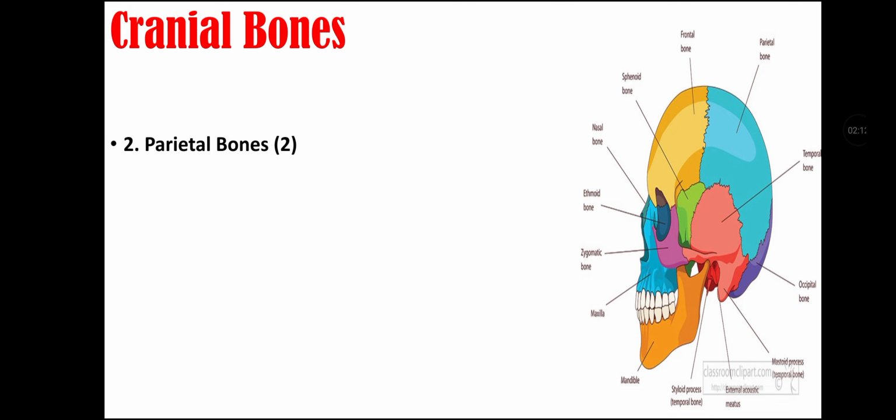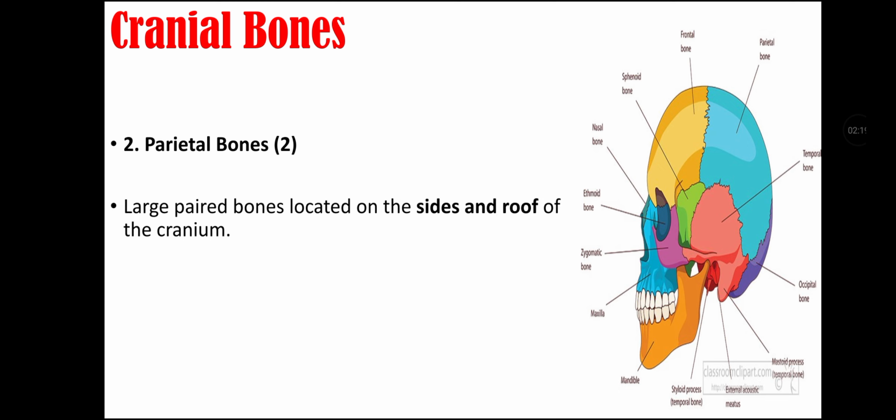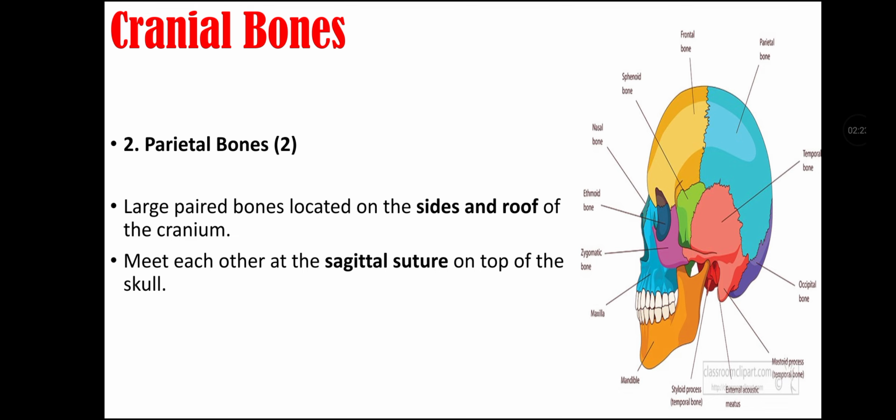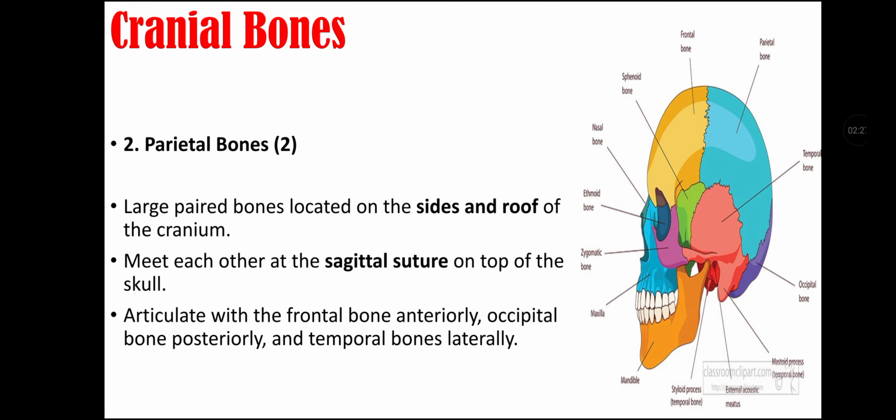Next cranial bone we have is parietal bone, that is pair bone. That means there are 2 parietal bones in every skull. They are long pair bones that are located on the sides and roof of the cranium. They meet each other at the sagittal suture on the top of the skull. They articulate with the frontal bone anteriorly, they articulate with the occipital bone posteriorly, and they articulate with the temporal